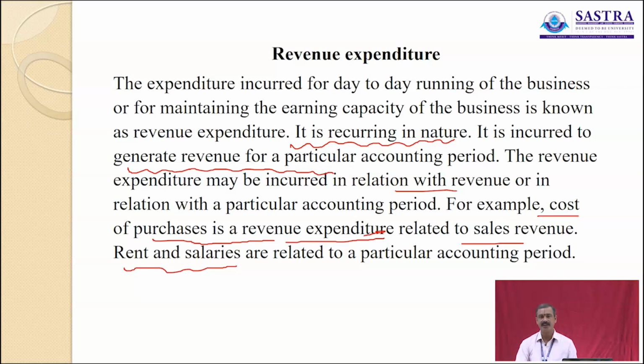When you procure the materials, materials will be processed and finished goods will arrive at the end of the process, will be taken to the market for sale, and such sale will generate the revenue. Whereas the rent and salaries that are supporting the operational purpose and paid for the people working on the particular process or supporting process will be related to a particular accounting period based on the terms.